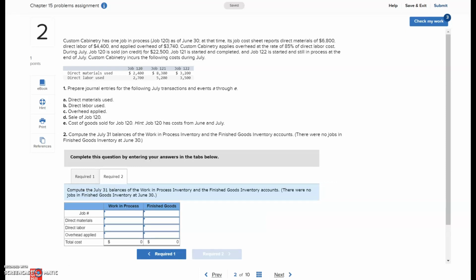Okay, so in this one, we've got 3 jobs. One job was in process. So this is our beginning work in process, job number 120, and they tell you what was on the job cost sheet at that point. Then they tell you what was added, okay? It's very important to spend time reading because here they broke it down and they told you what was in beginning work in process, what was